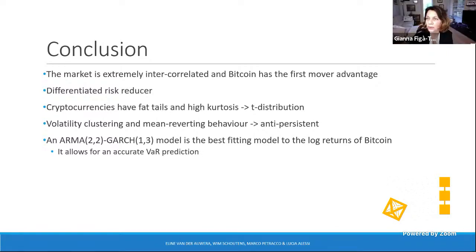If you want to go on with the research, it can be a good idea, because as you said, indeed, some years ago, Bitcoin was the main cryptocurrency somehow. Now we have a lot of them, and maybe also Ethereum is a kind of benchmark to be considered. So yes, that's a very good suggestion.